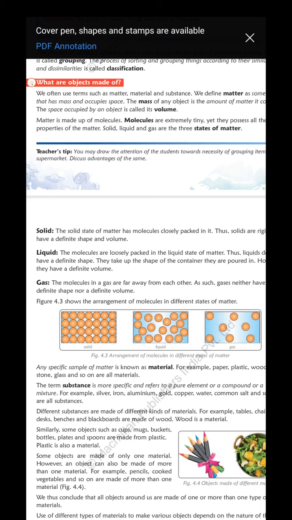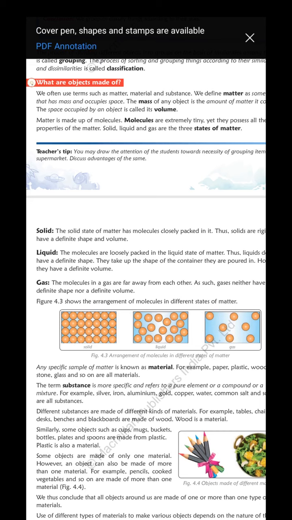That means a molecule is a small particle, the small basic unit of matter, which may be solid, liquid, or gas. Molecules are again subdivided into atoms, and atoms are indivisible. We cannot divide them into smaller ones. The structure of the atom you will study in your higher classes. This is the basic thing you have to know now.